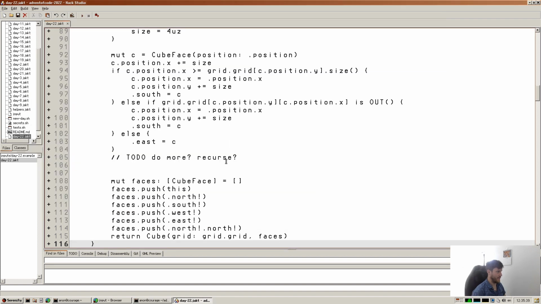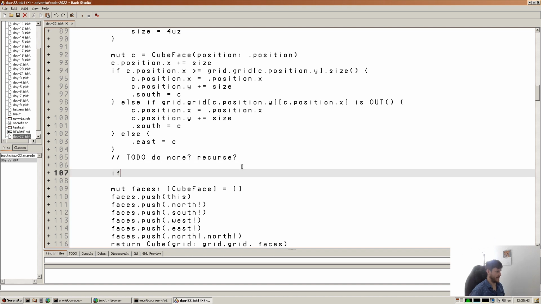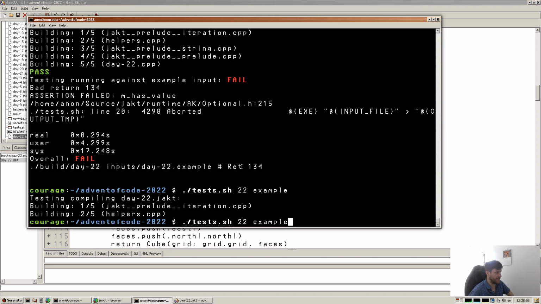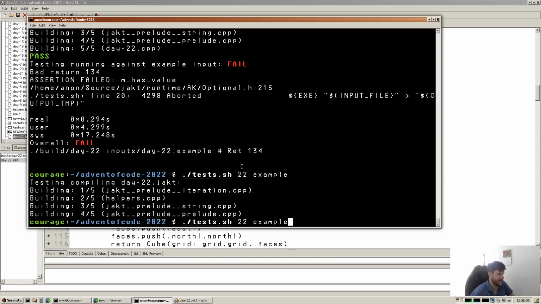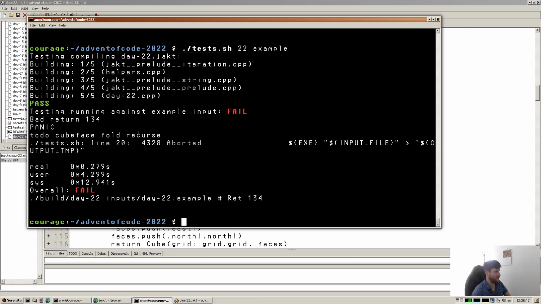So I think what I want to do is here have an if 1 equals 1 panic, implement, maybe just to do cube face fold recurse, and do that, and I think I'll leave it there because I got quite stuck on compiler errors, always good, but yeah, now it should panic with to do cube face fold recurse,